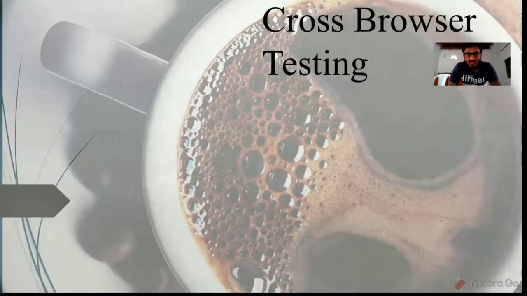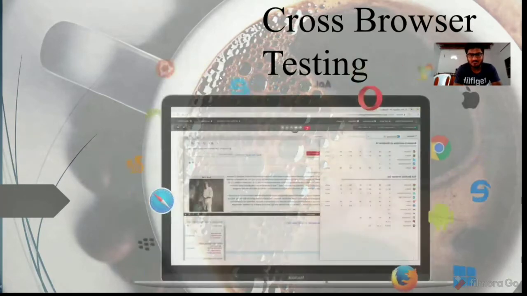Hello friends. In this session we are going to see what exactly cross-browser testing is. How do we know that? Let's get into it. The world's first browser was launched in Europe in 1990, and it has been 30 years, yet developers cannot agree on which technology to support and which not to. Because of this, the same website renders completely differently on different browsers. Without wasting time, let's quickly move to the agenda.